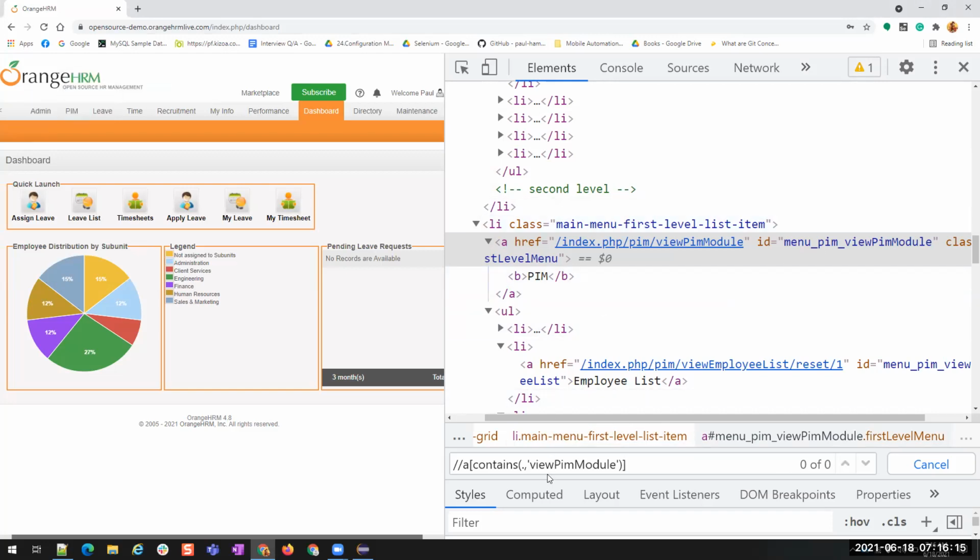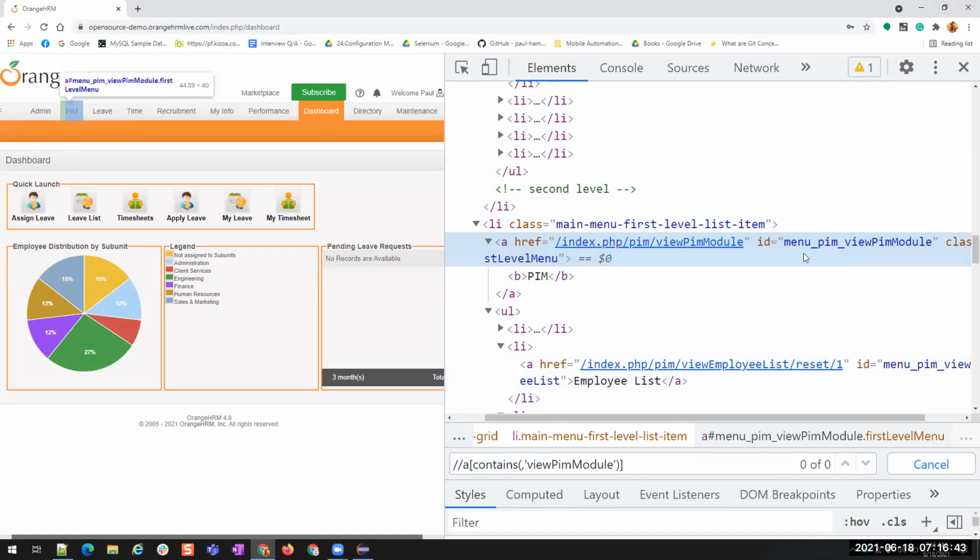No. Because this view PIM module is displayed as text. It is the value of an attribute. So if you want to use contains with the value of an attribute, then instead of dot or instead of text, see, both are not working, we have to provide that particular attribute name.